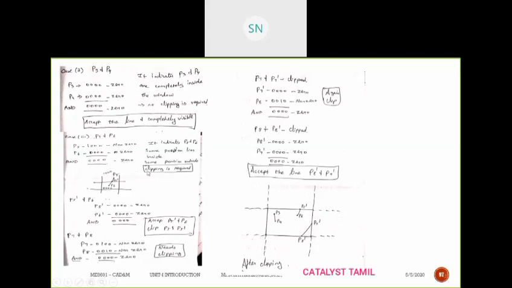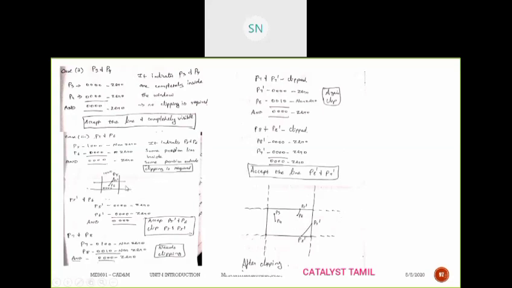All the four region bits are 0 in the result. So what is happening here? One input is non-zero, another input is 0, but you are getting the answer as 0. This indicates that in the line P5 and P6, some portion of the line is lying inside the window, and some portion of the line is lying outside the window. So it represents that clipping is required here.